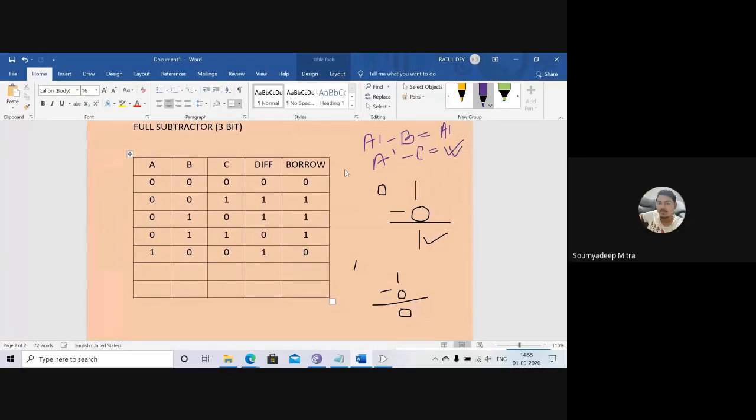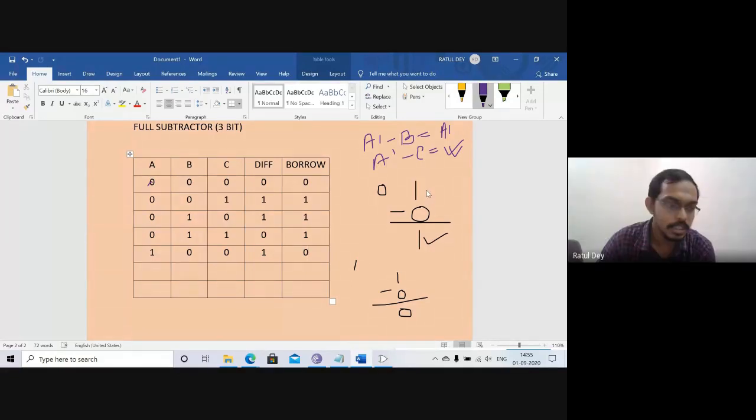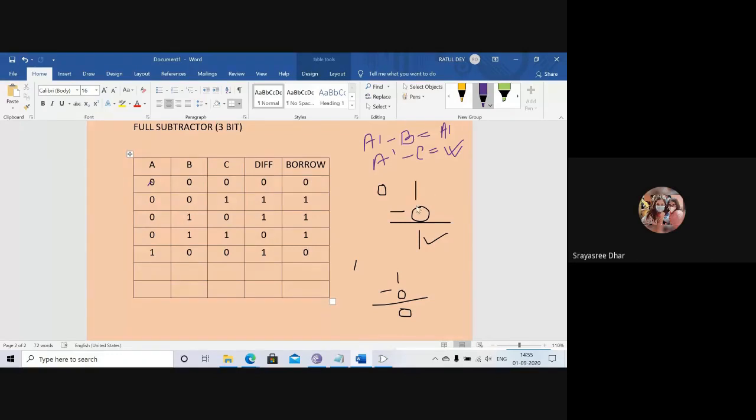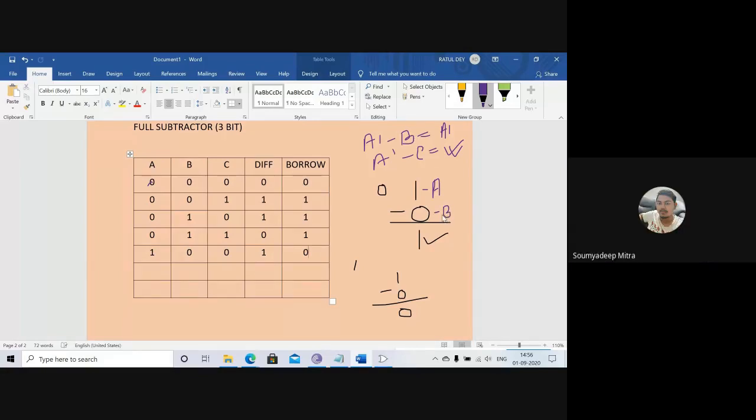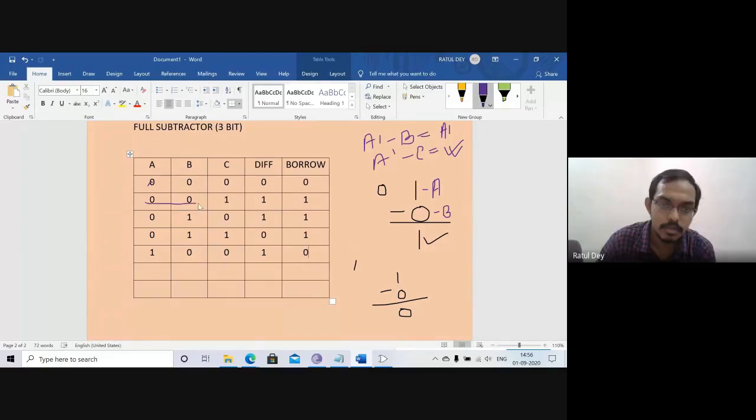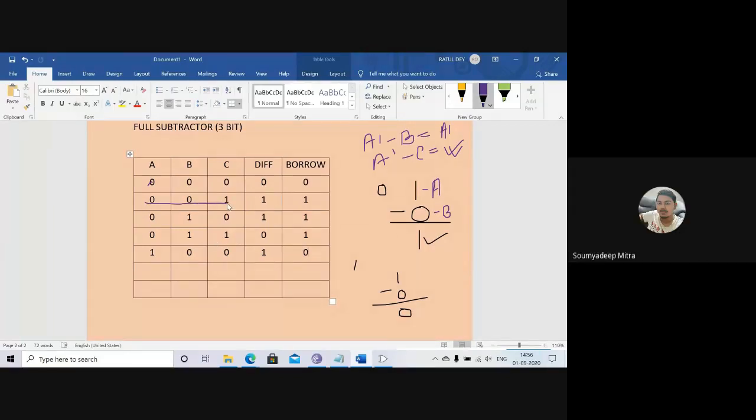This is your actual result, you have to remember. Sir, then first, 1 minus 0 should be 1. Sorry. Here, when you explained, look at the second step: you did 1 minus 0 as 0 and gave 1 in the borrow. I will just do it again. 1 minus 0, this 1 is the A and 0 is the B. Sir, not that, the next one, look at the second line. Not zero, sir, here you explained the second minus, 1 minus 0.